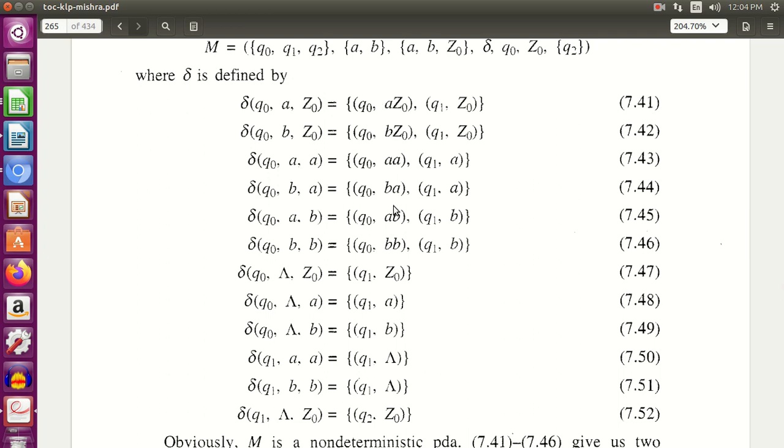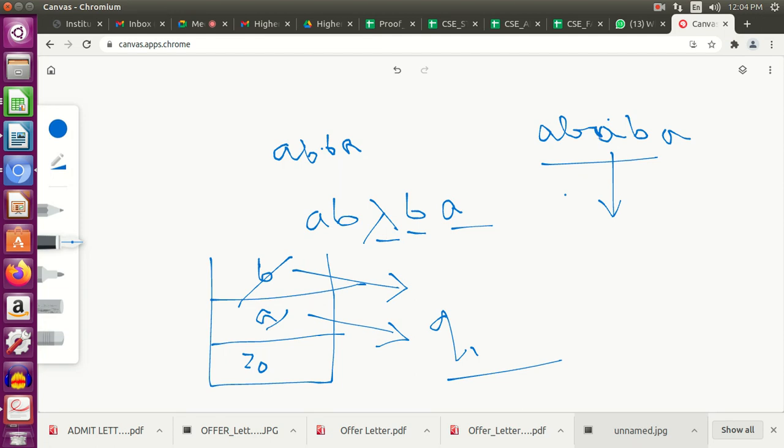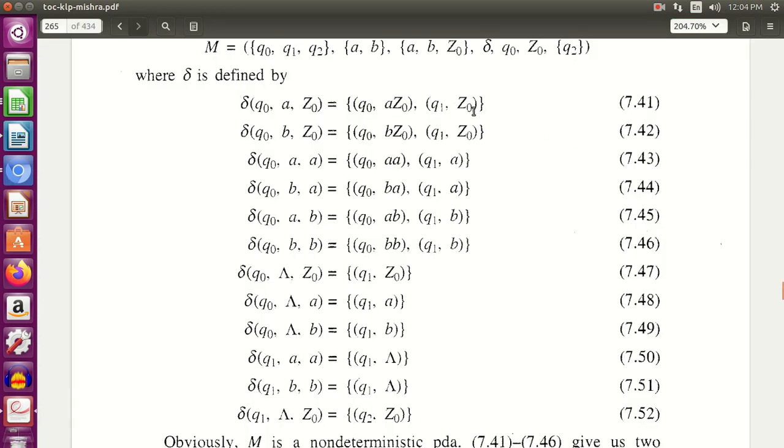For the next part, what you do is, see, what I told is that this middle part can be A also, can be B also. You never know what it is, right? So for that, I have added these transitions. Once you see that you have reached the middle portion, you use this transition, that you are in state Q0 and you get an A, which is that middle A, not the initial A, not that last A, but that middle A. What you do is you change the state, nothing else, change the state.